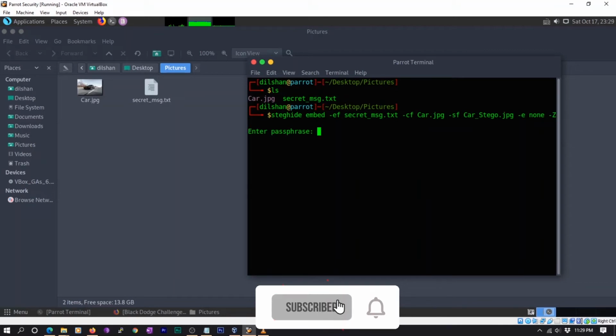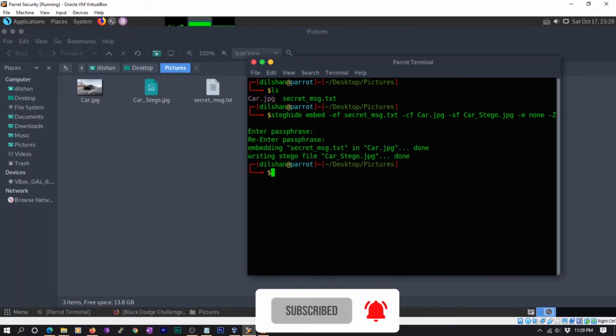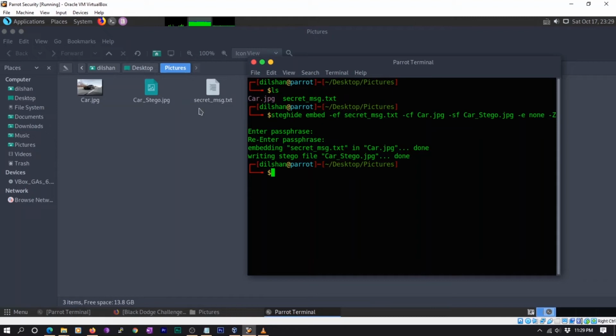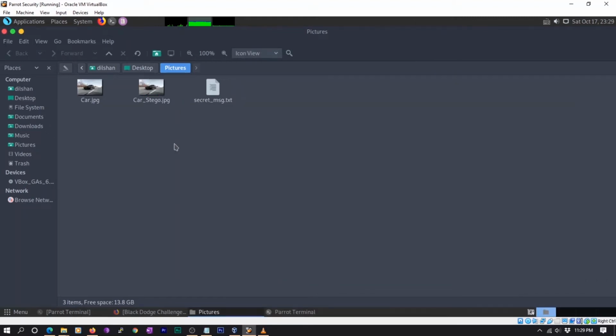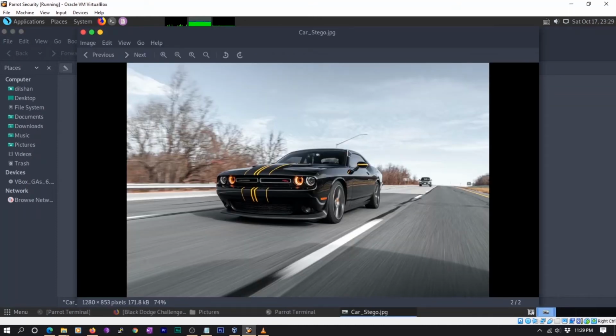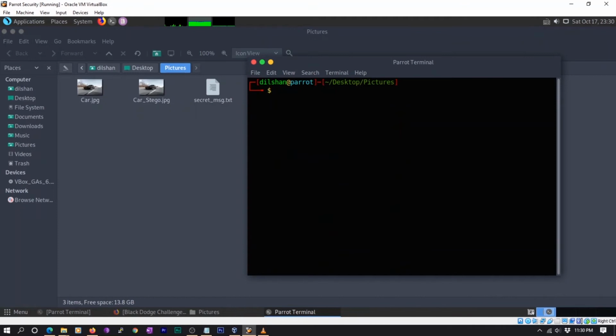The passphrase you are using will be required when you are extracting the content from the image file again. As you can see, there are no visible changes to the file or the content.